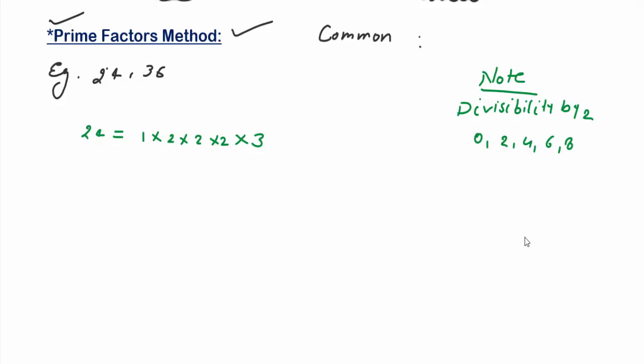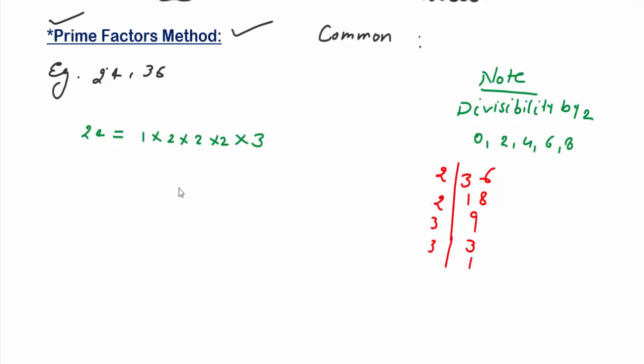Now again we will find out the factors of 36. How will we find out the factors of 36? Again by using the same method. 36, the unit place is 6, so we start with 2. 2 1s are 2, 1 is remainder, so this becomes 16, 2 8s are 16, then again 2 9s are 18, then we have 9. As we know, 9 comes in the table of 3, 3 3s are 9, and then we get 3, again the last prime number, and 3 1s are 3.